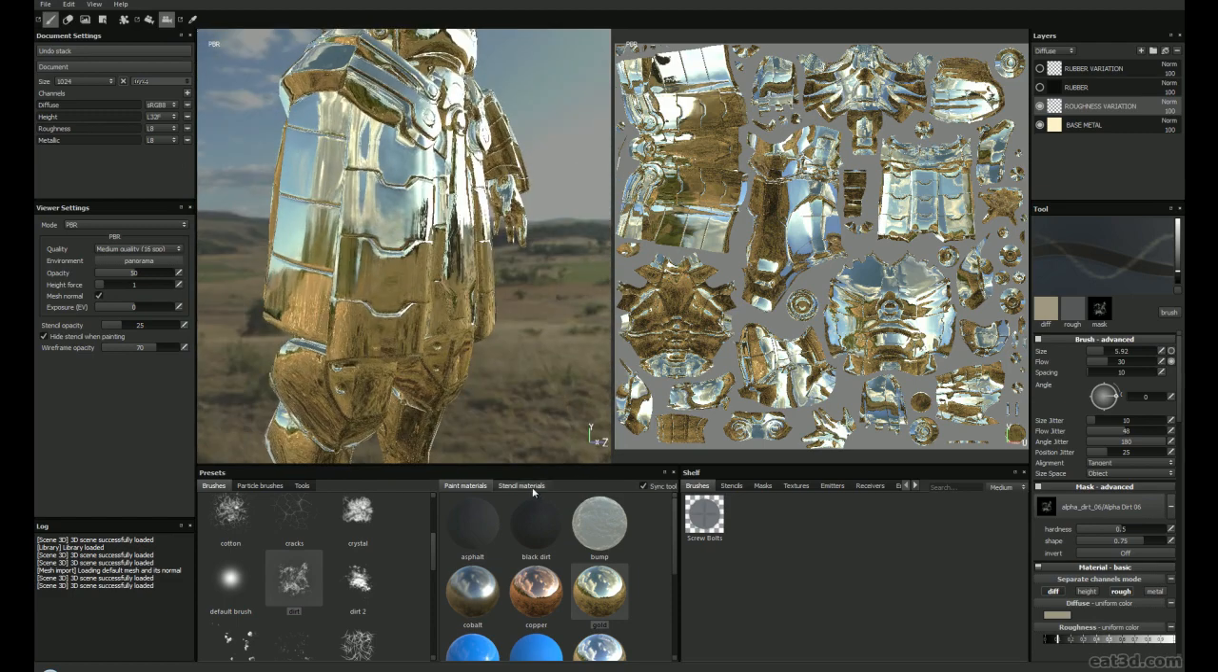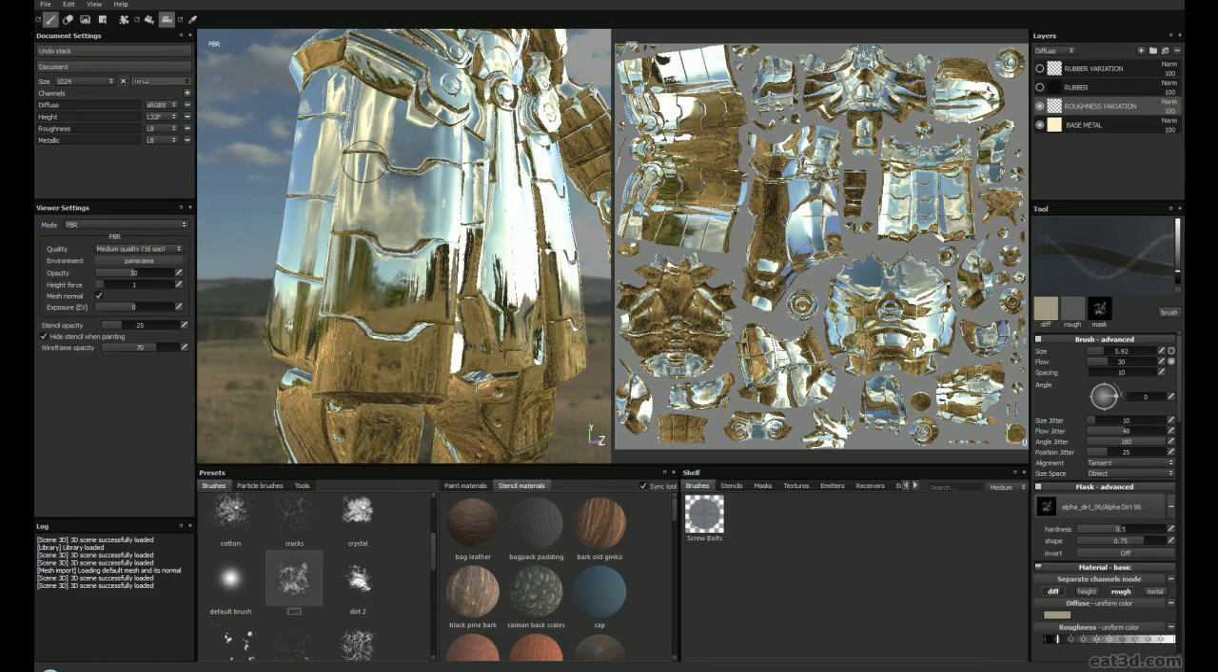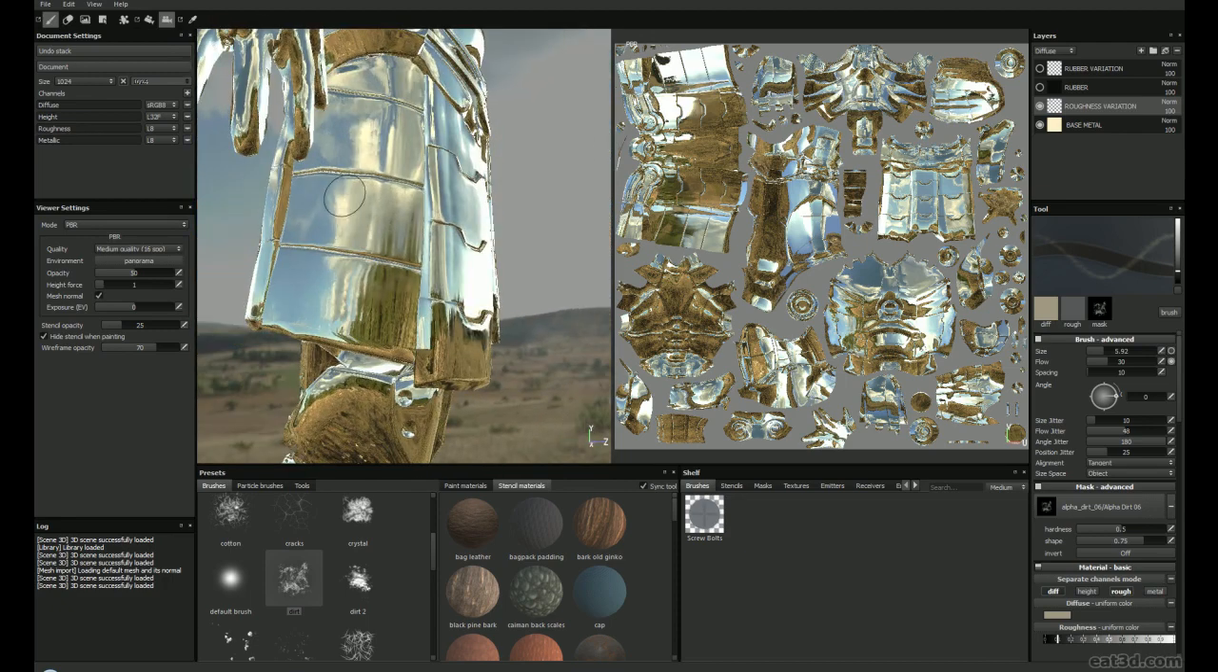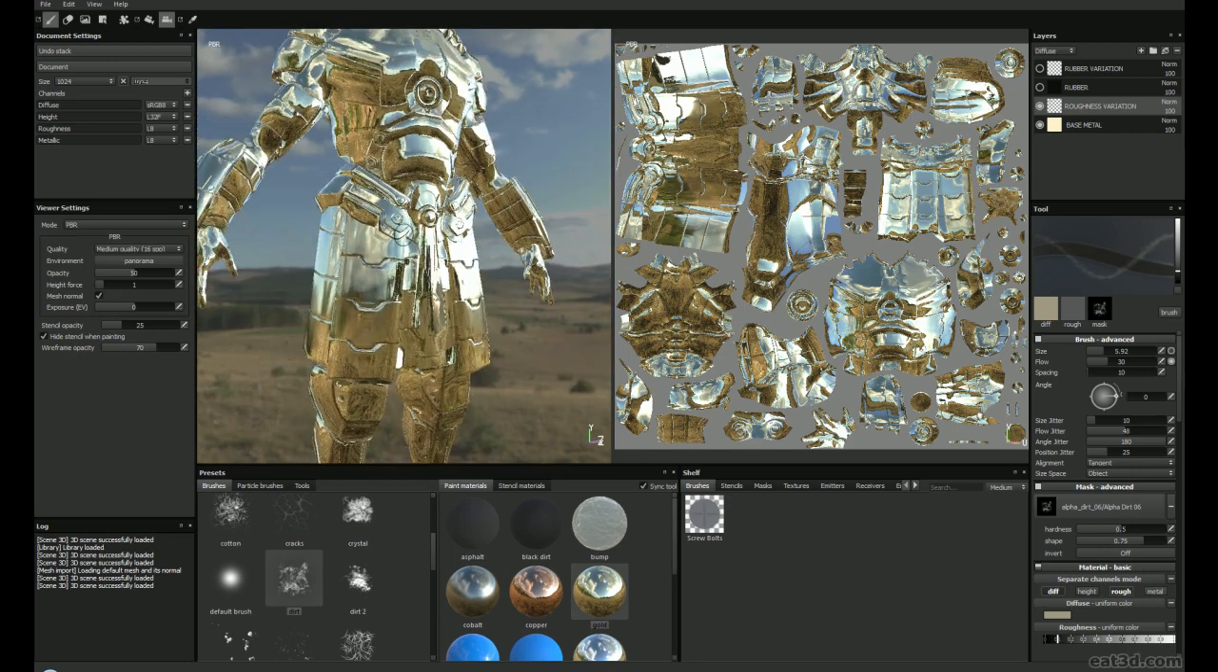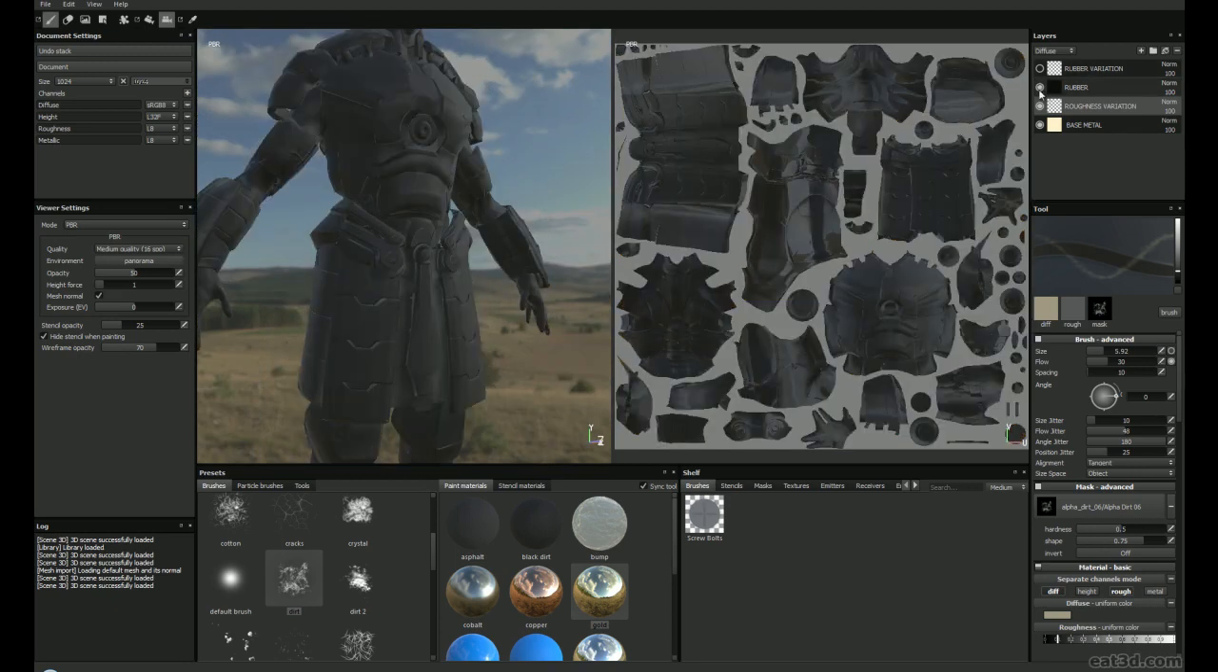You could also use stencil materials. You could double click one of those and paint through a stencil like you would do in ZBrush, and then that will also take on the properties of whatever the stencil material is for the roughness and the height. And then on the other side of the spectrum, we've got rubber,